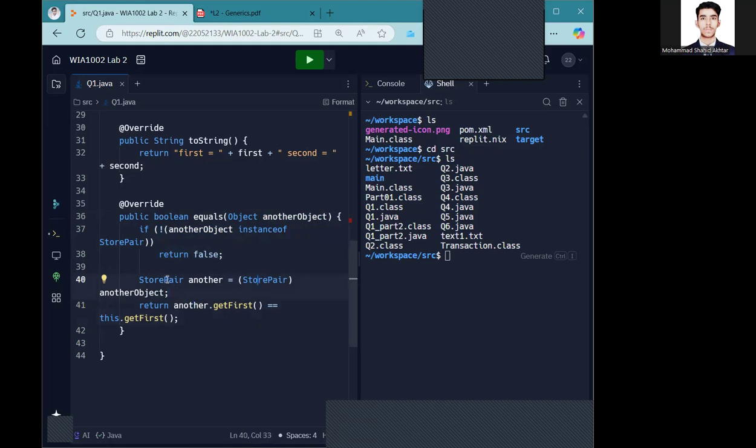Now, StorePair, another StorePair, another object. Why do we do this? Because we want to typecast to the correct class. This will prevent any compatibility issues. So for example, you could have an object which is an instance of a child class of StorePair. Now, once you have this other object,